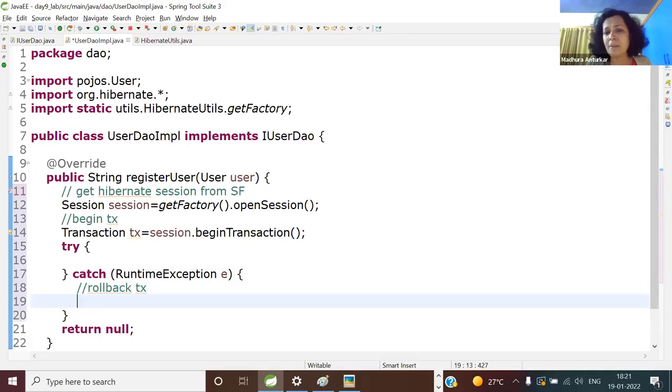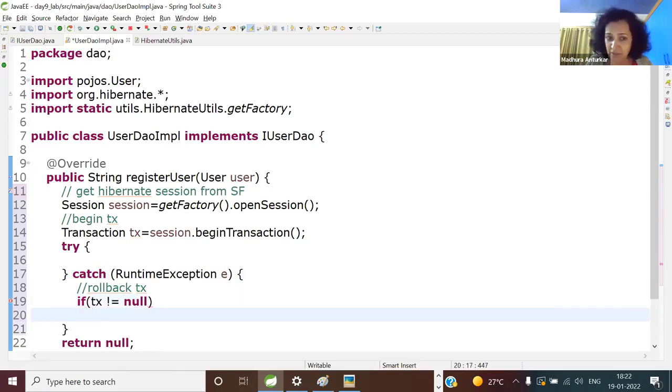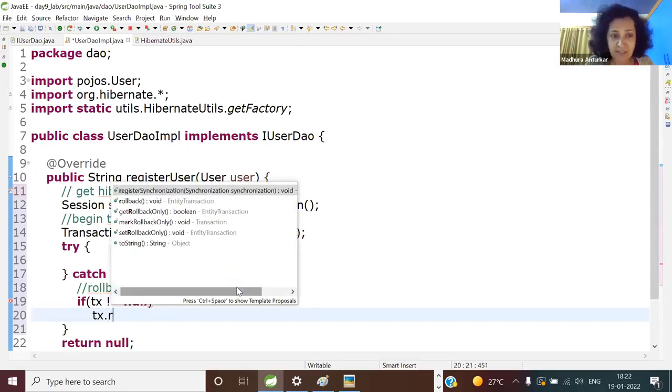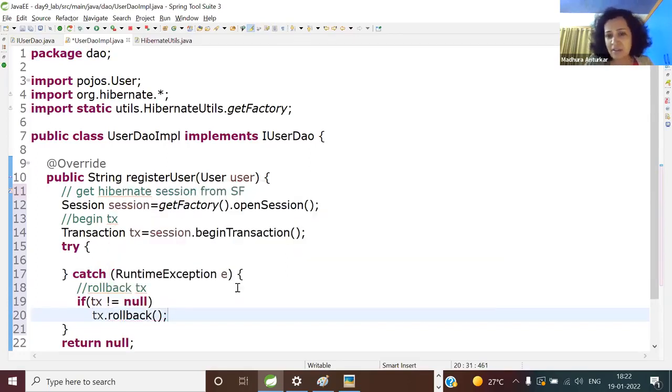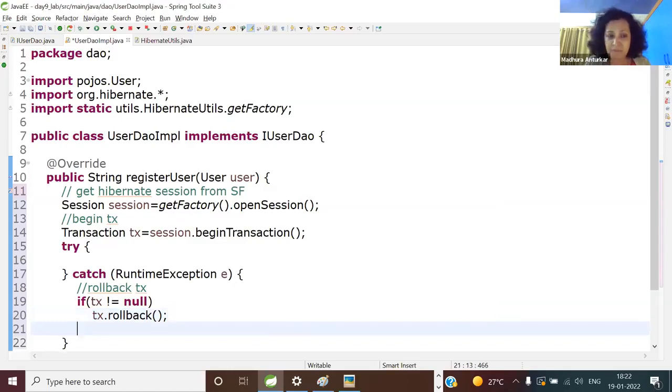So there is no point in committing the transaction, roll back the transaction. So here, if transaction is not null, meaning the transaction was really created, then only say transaction.rollback. Otherwise, you'll start getting null pointer exceptions, all precise coding, and rethrow the same exception to the caller. There is no rethrow keyword, you know that. You got this exception, so rethrow the same exception